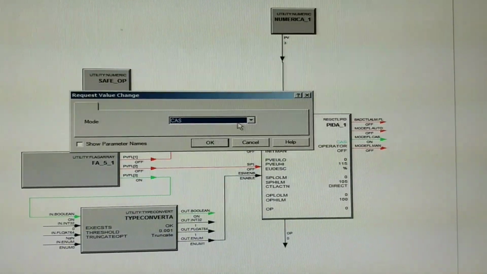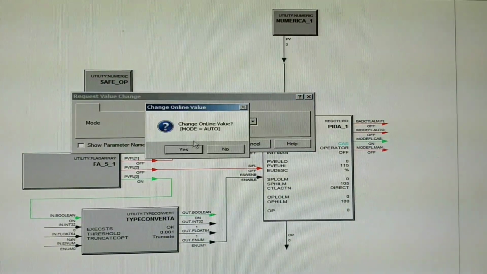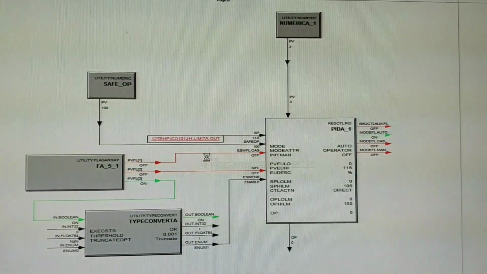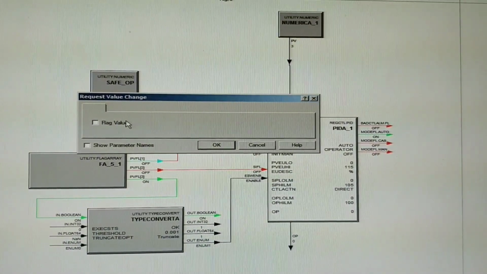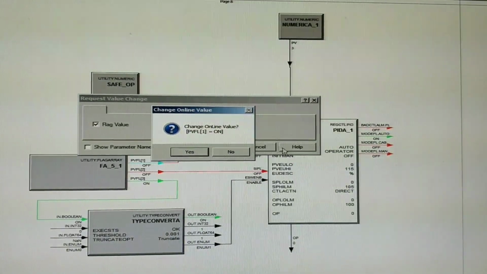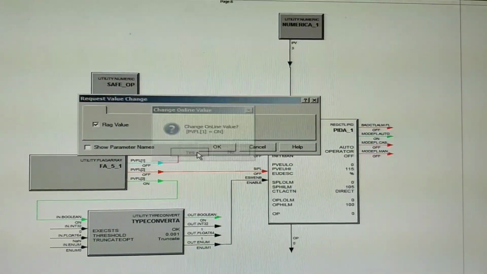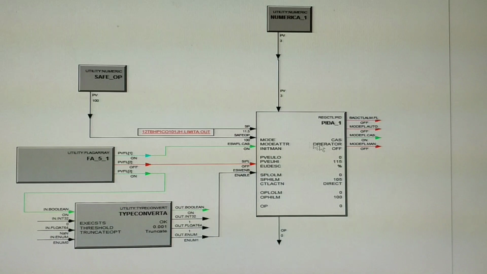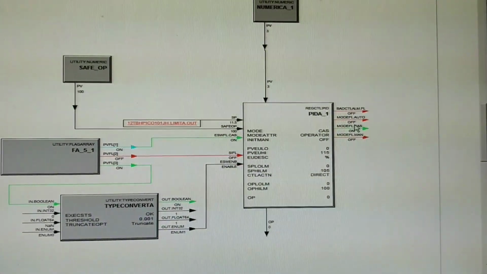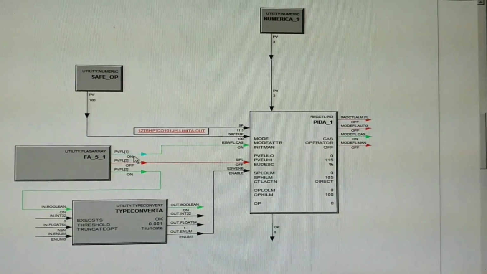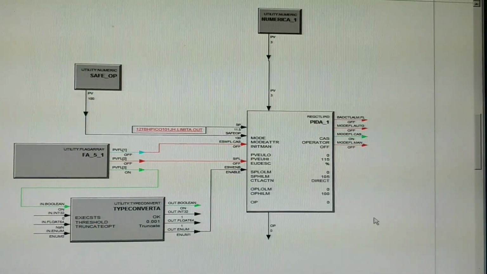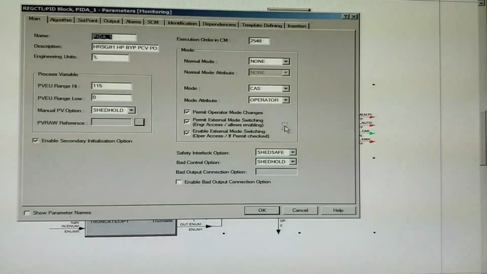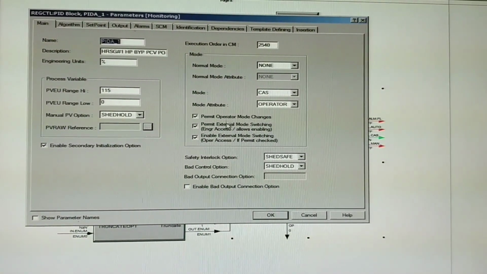Now it is in cascade. Let's say we will put it in auto mode and see. Now again we will set this flag to true, and observe the auto will change to cascade mode. Okay, it is converted to cascade. So in this way the mode changes happen in the DCS. For that purpose this must be enabled.